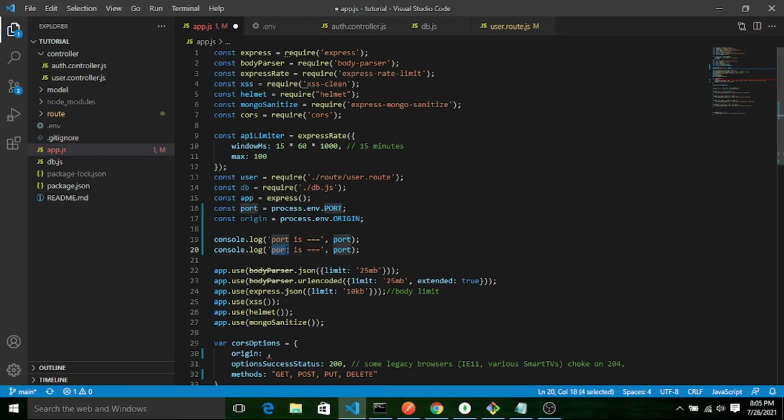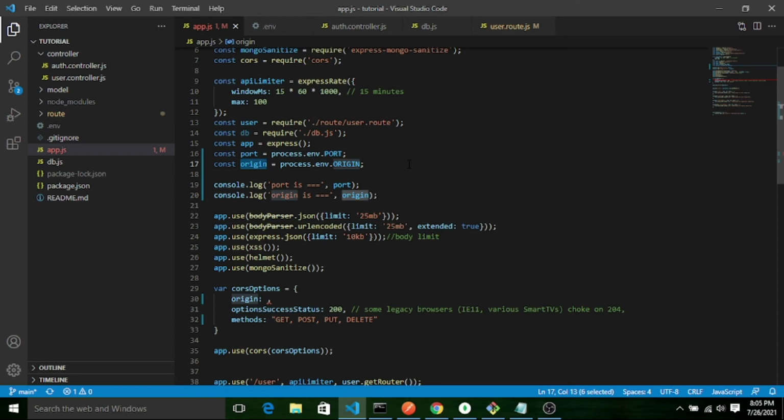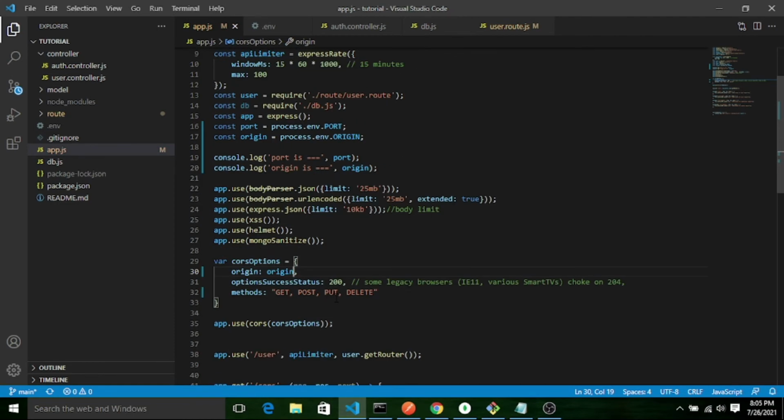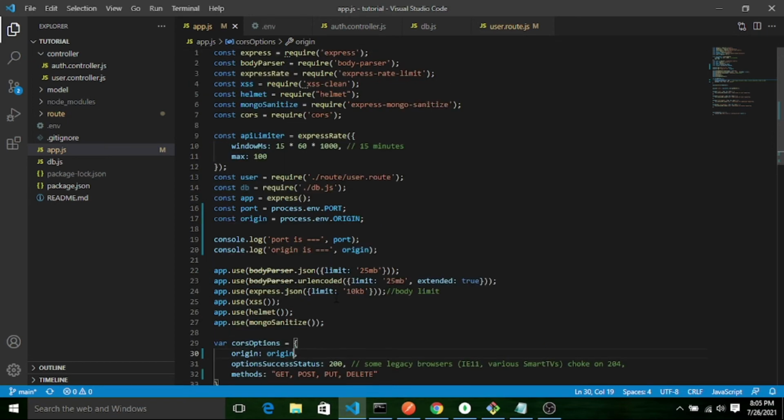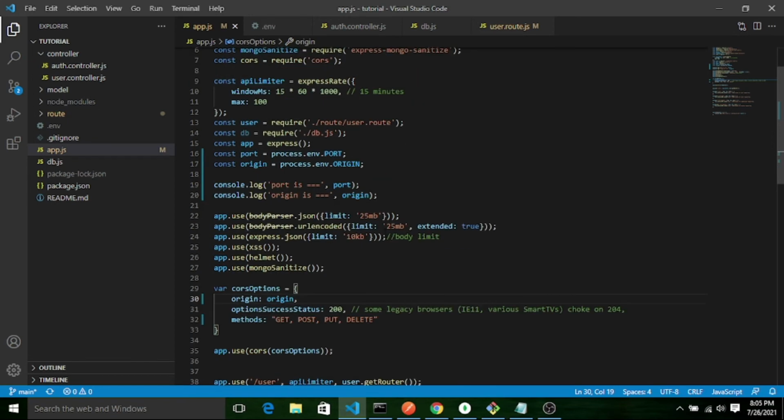Origin is origin. Okay. Somewhere it's throwing an error. Let me check. Yes, I have to add this one to this option object. Okay. Always try to use this VS Code editor, so it will show you the compiling error as well.